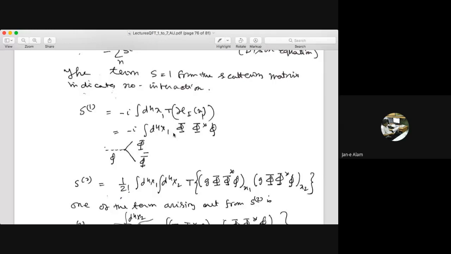And please note, when I say phi is denoted by a solid line and phi star is also a solid line, and small phi is a dotted line, if you draw a diagram with 2 dotted lines and 1 solid line, you will be wrong. You will be wrong because I have decided that small phi will be the dotted line, and I don't have 2 small phi here. So this interaction term will guide you on how to write the Feynman diagram. This is called a vertex actually.